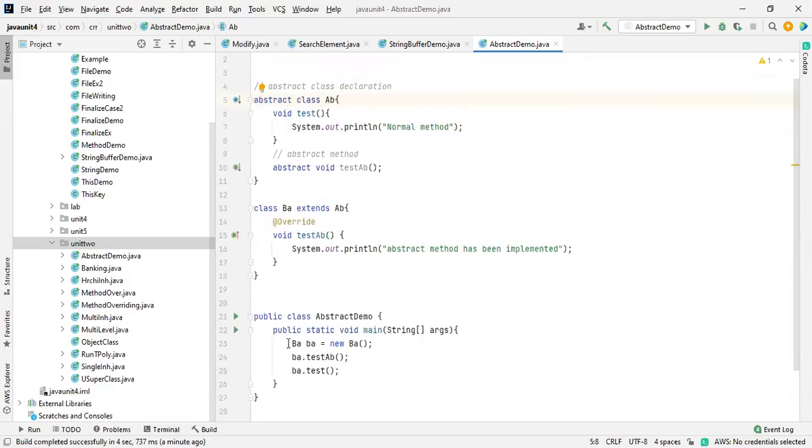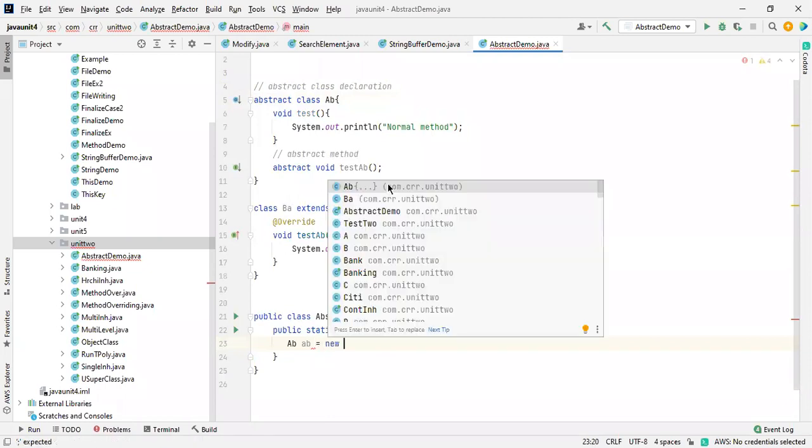If I want to create an object for the abstract class, let me remove this, see what will happen: AB is equals to new. See, now you get this. Generally, if we go for a normal class, we'll get a parenthesis like this. But in this case, it is asking for the implementation.